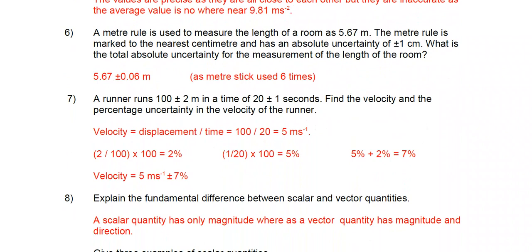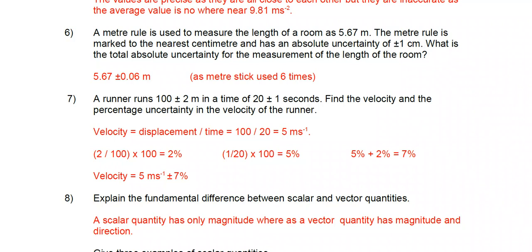Number 6, a meter rule is used to measure the length of a room as 6.67. Now the meter rule was marked to the nearest centimeter and has an absolute uncertainty of plus or minus 1 centimeter. What's the total absolute uncertainty for the measurement of the length of the room? Well, we're going to have to use the meter stick 6 times, so therefore it'd be